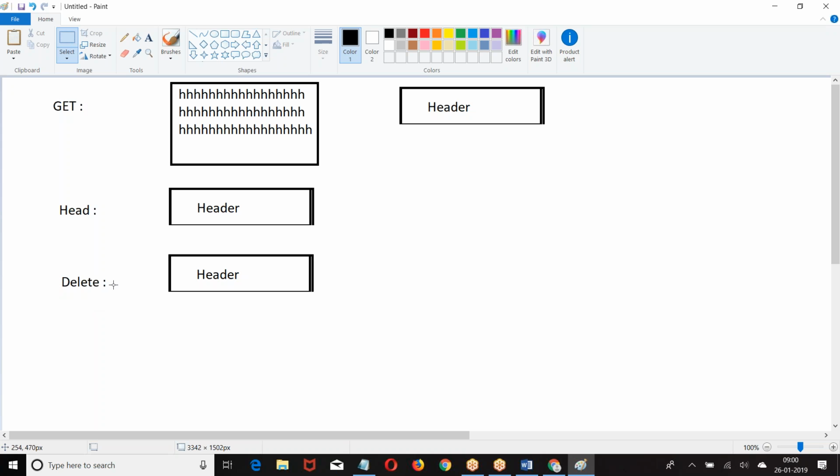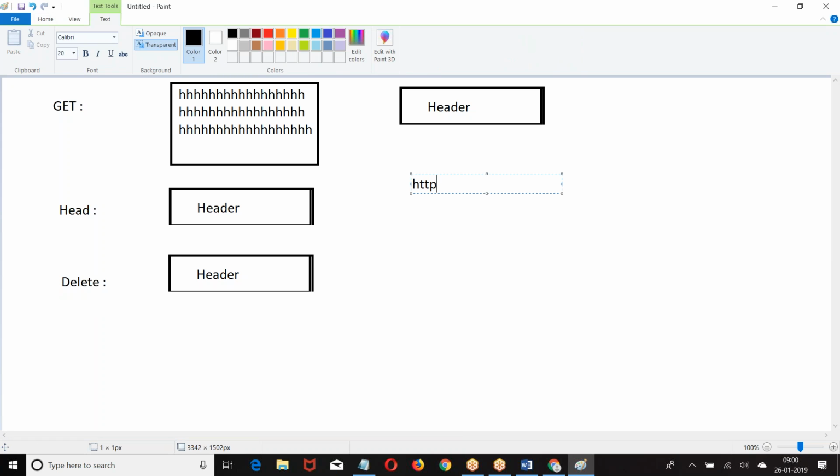Then if I want to send any data, you will send the data in the URL, after the question mark. Any data you want to send should be sent in the form of the URL. When you are sending data in the URL, there is a limit for the length of the URL. You cannot send as much data as you want.